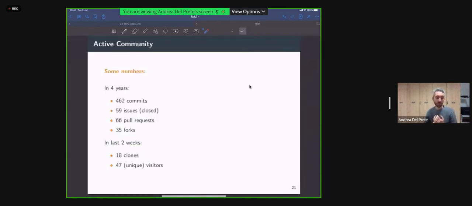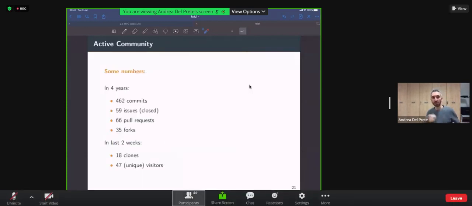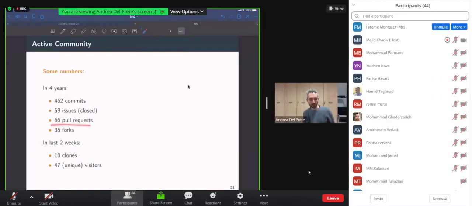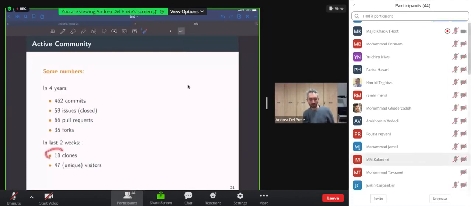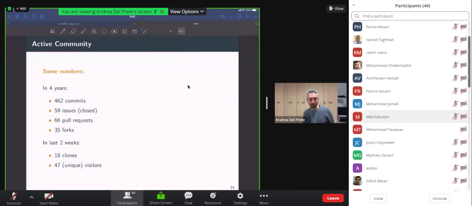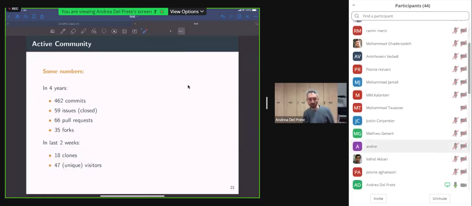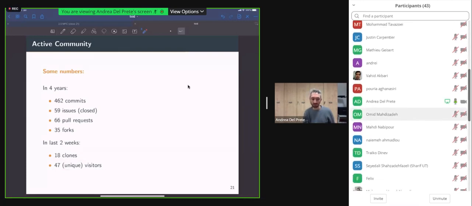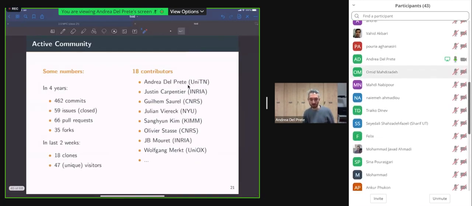So TSID also comes with a quite active community that is supporting it. I'm going to give you some numbers. In the 4 years that have passed since it was created, we have had more than 400 commits, more than 50 issues closed, more than 60 pull requests, and 35 forks of the library. Just in the last 2 weeks, TSID has been cloned 18 times, and the page has been visited 47 times, which is more than I expected.